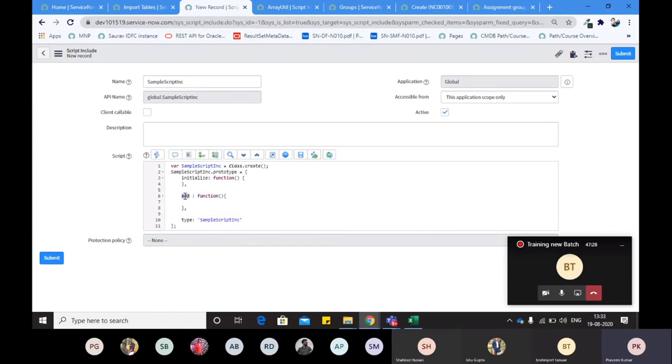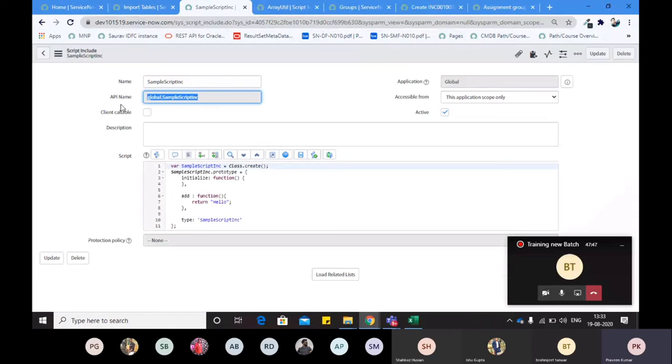So I give the name add here. It is returning me a string, hello. Save it. This is how I create a script include.